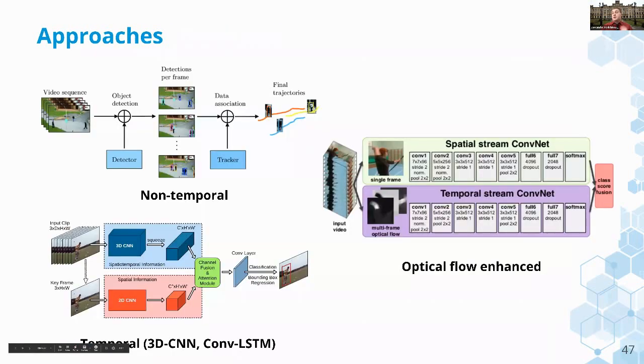So there are a lot of approaches for video object detection, but there is still no existing classification for these approaches. So I developed my classification, which is obviously not the best one, but I like to divide all the approaches for video object detection into these three groups. The first group I called non-temporal, and this is the simplest